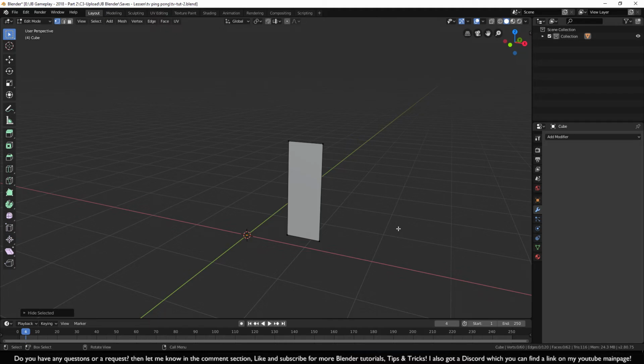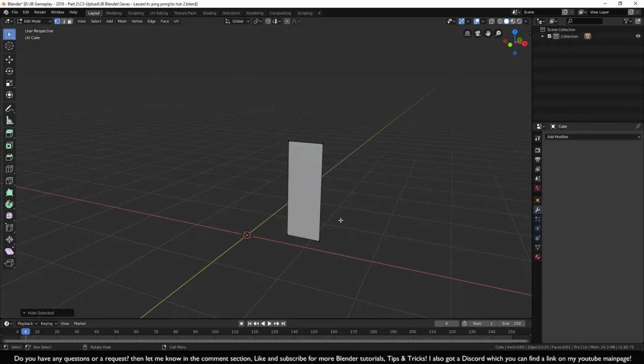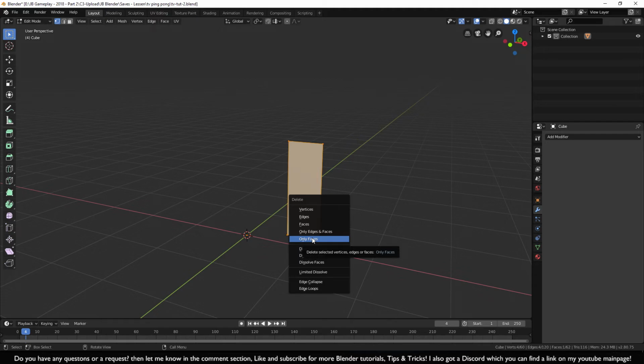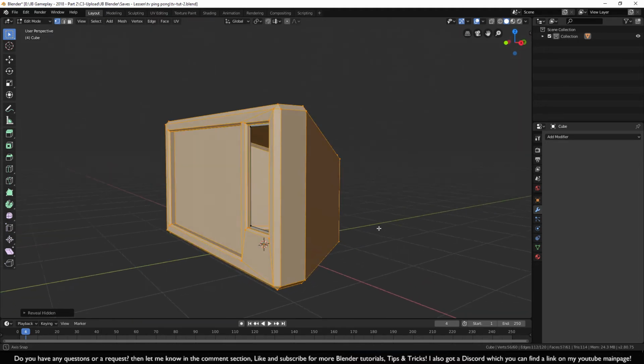If I want the TV to be back, I press Alt H. H is for hidden. Very good. So now we need to make a hole in here. We can do that by pressing A, press X and only delete the face. So if we would bring the TV back with Alt H, we can look inside the